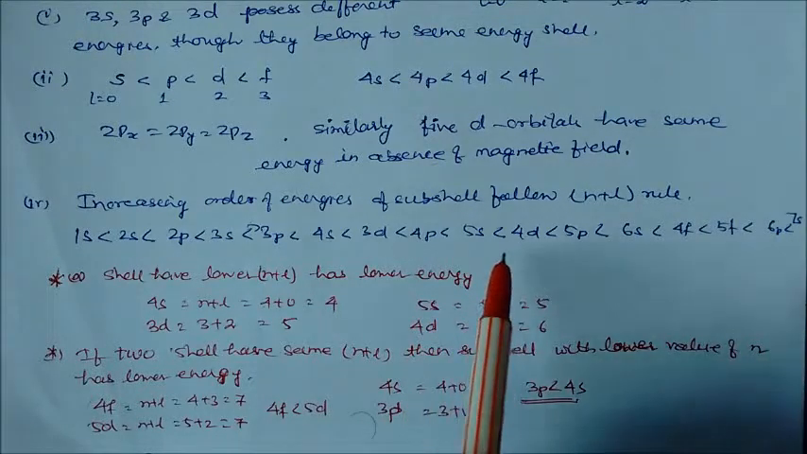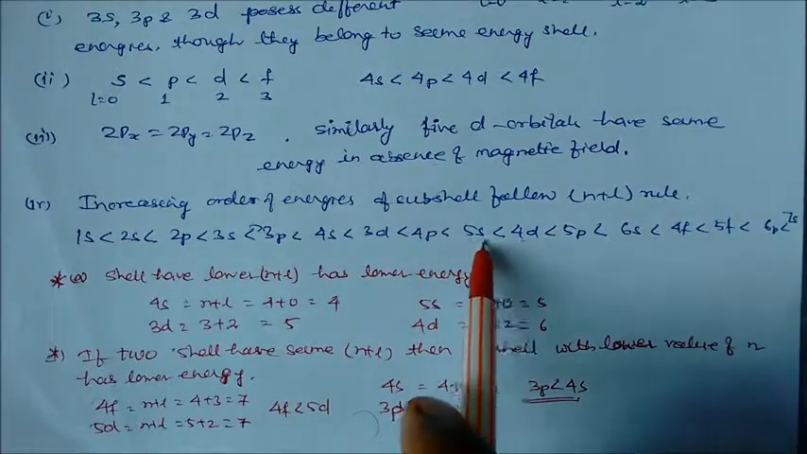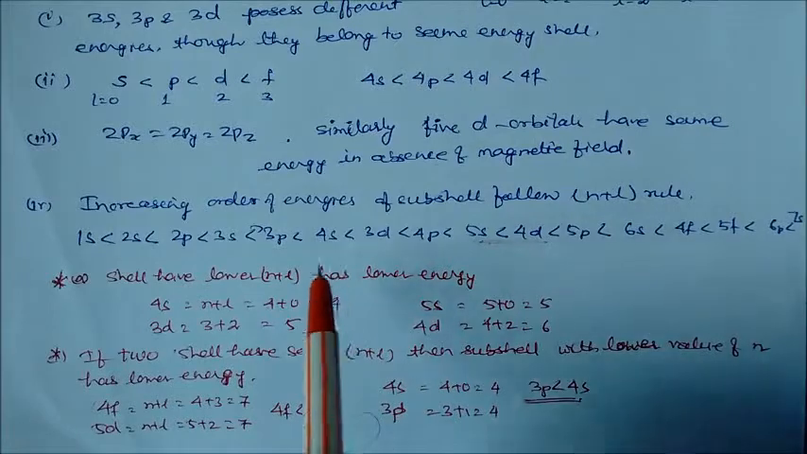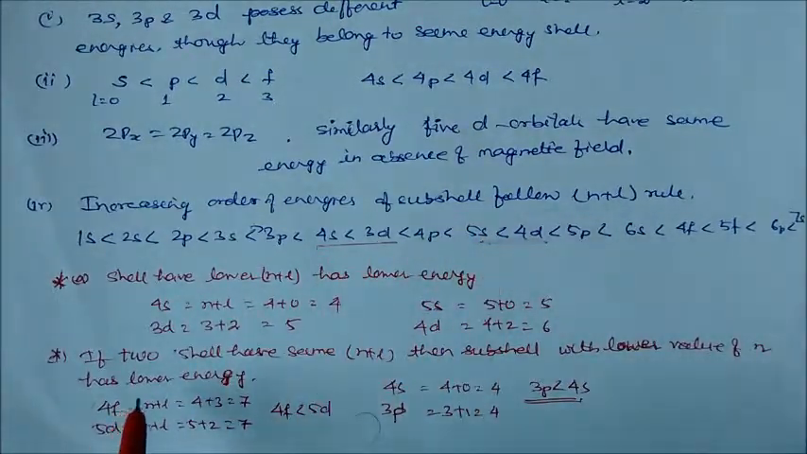That's why in the case of 5s and 4d, you can see here, and in 4s and 3d we can see this side also. It is very clear. If two subshells have the same n plus l,